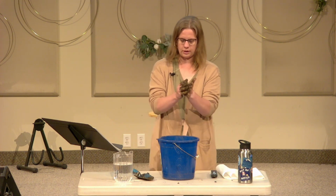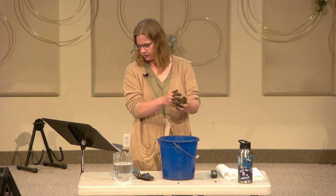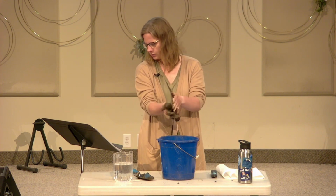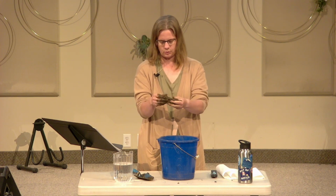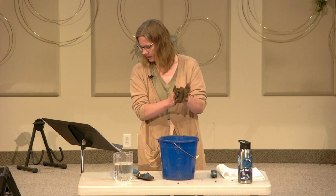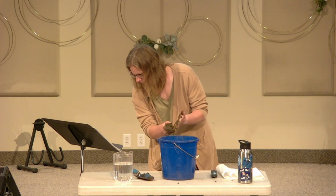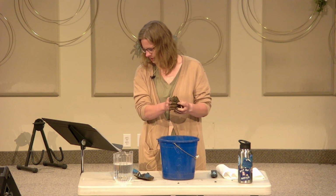So now I want to try, I've got a few different ways. So this was the first one of just, it's sticking to me. So like I said, we're just going with the top one right now, and it's not really smooth, but it's still holding together. So it's not sand, so I've got to move to the bottom one. Not flaky,